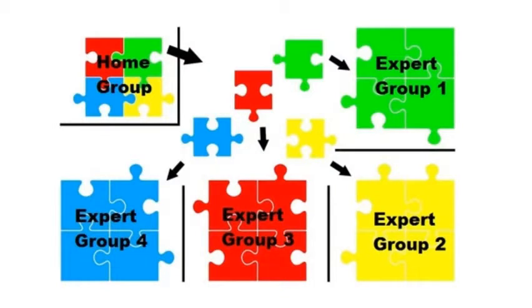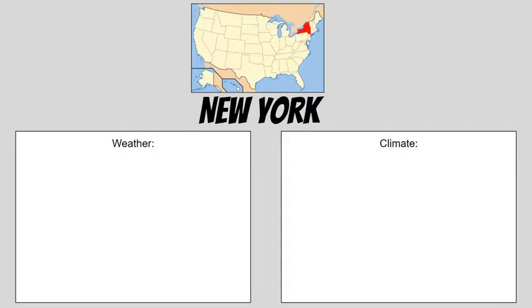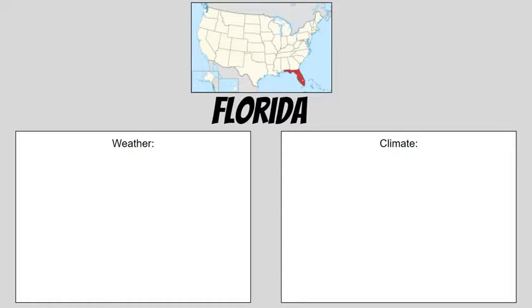This will be a jigsaw activity done in groups of 4 in which each student will be assigned one state to gather those weather and climate facts, and then each student will bring back their learning to share with their group. Upon connecting, you will collaborate with the student you are paired up with from one of the states you are assigned, which include California, Michigan, New York, and Florida, and your task will be to identify 5 details for